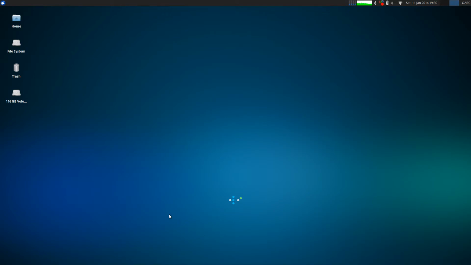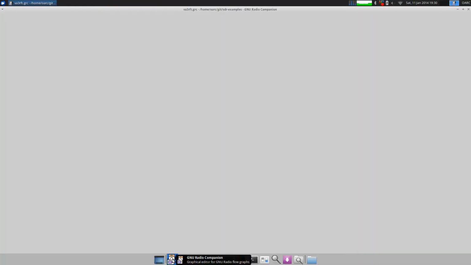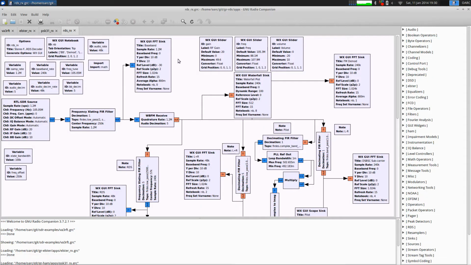Now, the final piece of software that I'll show you today is called GNU Radio Companion. This is a piece of software that sits in front of GNU Radio and lets you build up your own software-defined receivers just by dragging blocks onto the screen and connecting them up with arrows. And these arrows are showing the signal flow from one signal processing block to the next. And there's a bunch of examples that I have here set up and ready to go for you to start